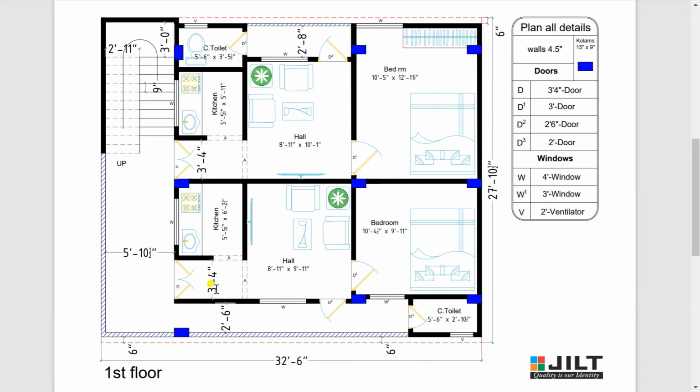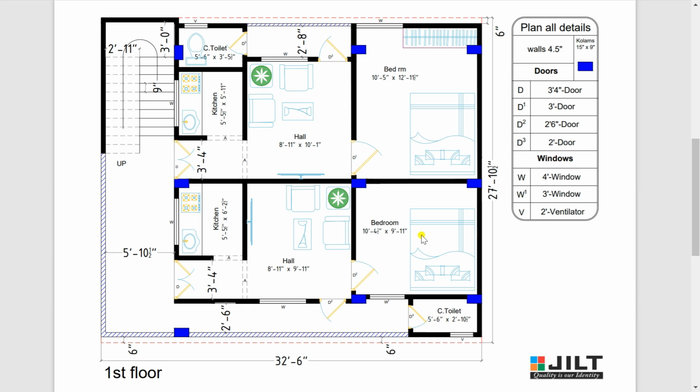Here you can view this also has the same dimension of 3 feet 4 inches lobby. On the left hand side a kitchen of 5 feet 5.5 inches by 6 feet 2.5 inches. From the kitchen I am returning back to the hall of dimension 8 feet 11 inches by 9 feet 11 inches. This also has a comfortable view. This hall is provided with a door towards a balcony of 2 feet 6 inches. From this door you can enter a common toilet of dimension 5 feet 6 inches by 2 feet 10.5 inches. From this I am returning back to the hall.